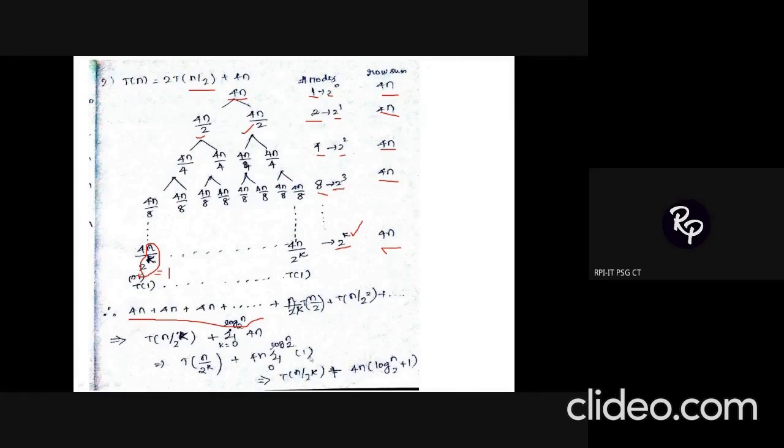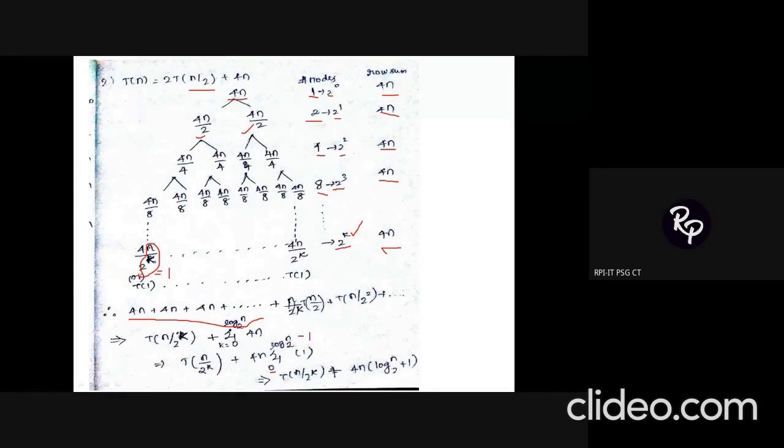And you know the formula for summation. Summation from 0 till infinity of sum a is equal to upper bound minus lower bound plus 1. So your upper bound is log n to the base 2. Just a small modification. It is log n to the base 2 minus 1. Why is it minus 1? Because we are starting our level numbering from 0. Only if my level numbering is from 1, you will be having it differently. Since my level numbering is from 0, the number of levels will be log n to the base 2 minus 1.